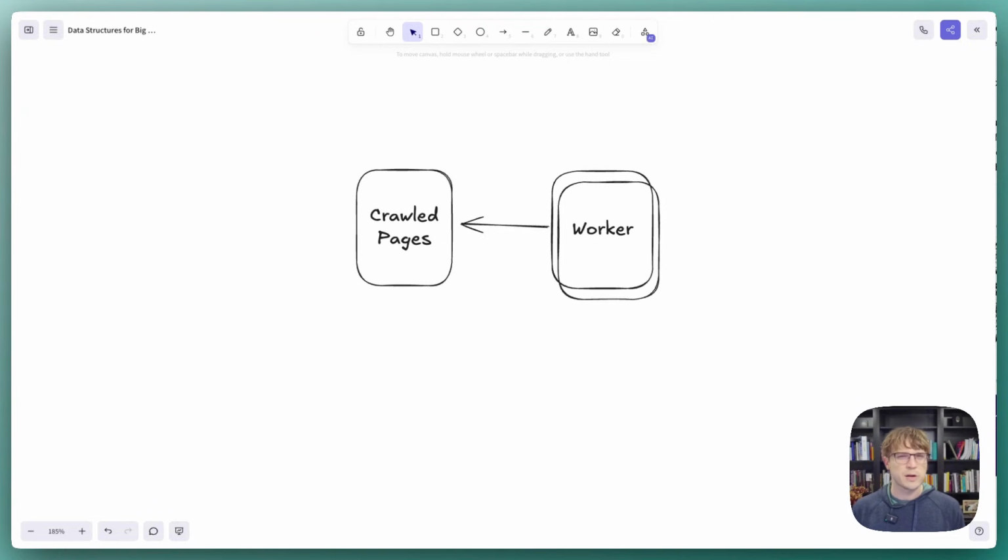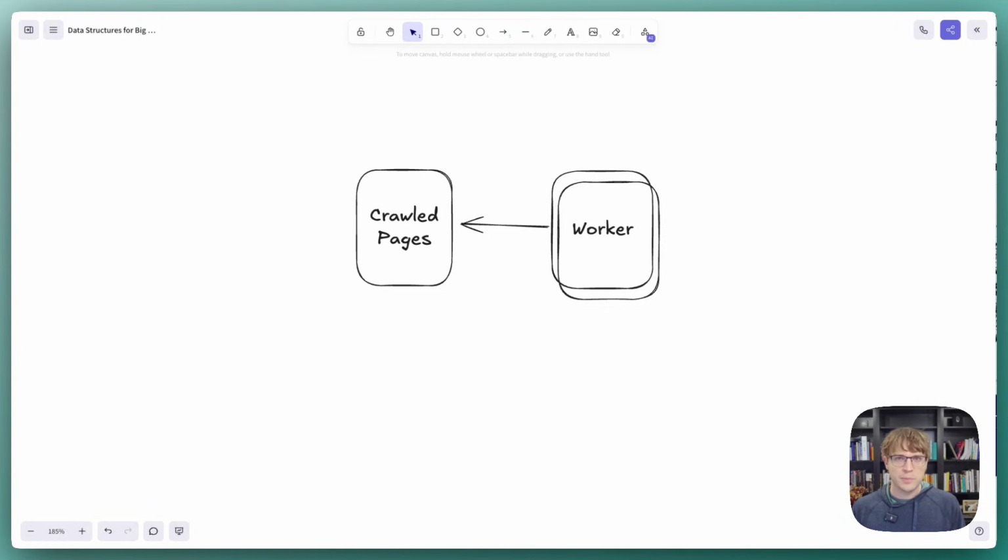Let's talk about situations where you might want to use a bloom filter. The first one is in a web crawler. In a web crawler, what we're going to do is continually pick up new web pages, finding new links, basically discovering pages we haven't crawled yet, and then processing the data for the pages that we're